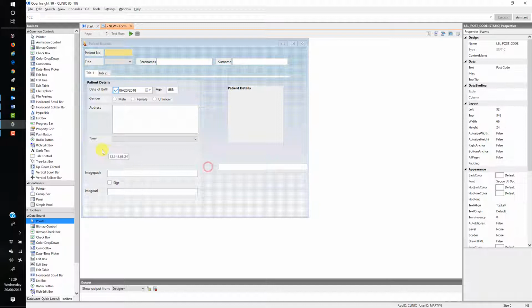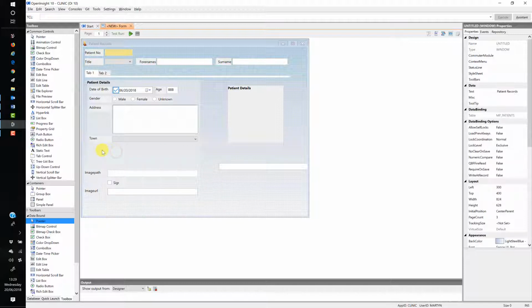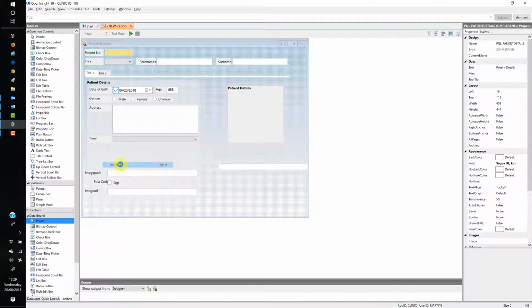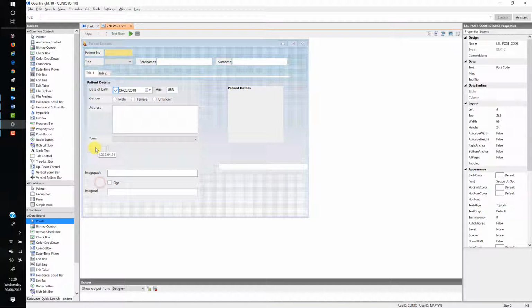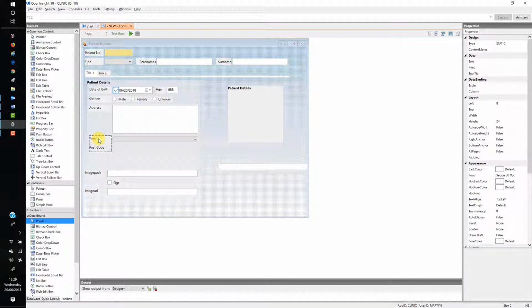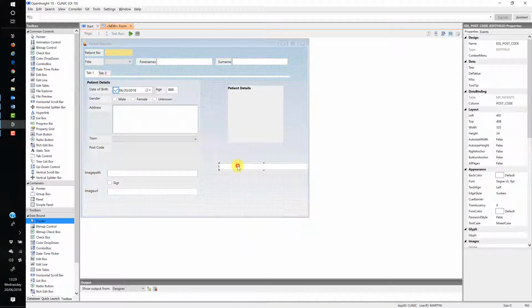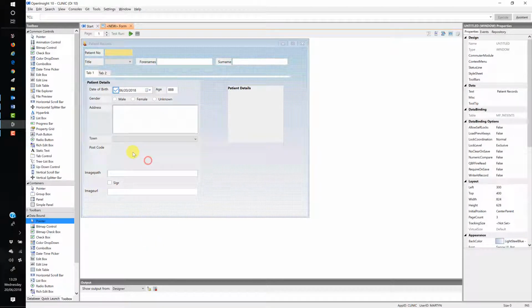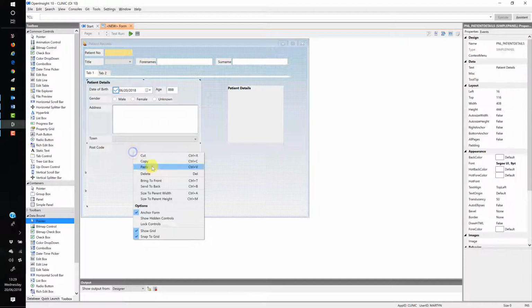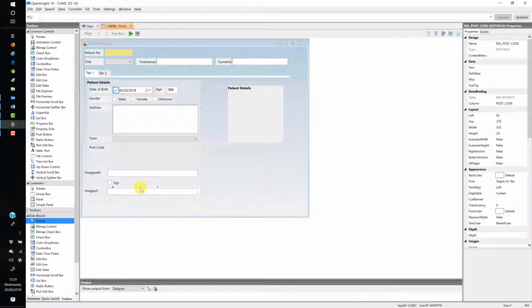Then we want to move postcode. Let's move that up to the top there, and we'll cut and we'll drop it onto that panel again, and we'll move that up to the right location and resize it, and we'll move that over, cut and paste it onto the control there, move it back up,